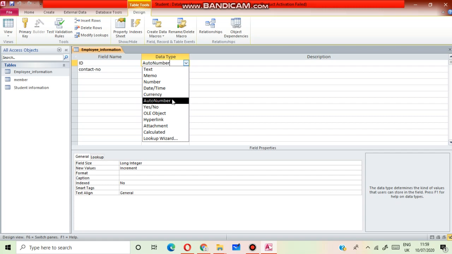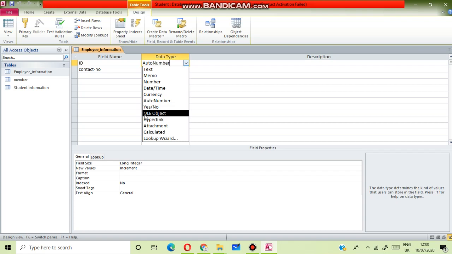Means suppose the first value will be 1, then the next values will be 2, 3, 4, 5. Okay, means incremented by 1. Next, yes no data type. It is used for yes or no, true or false, or on off values.